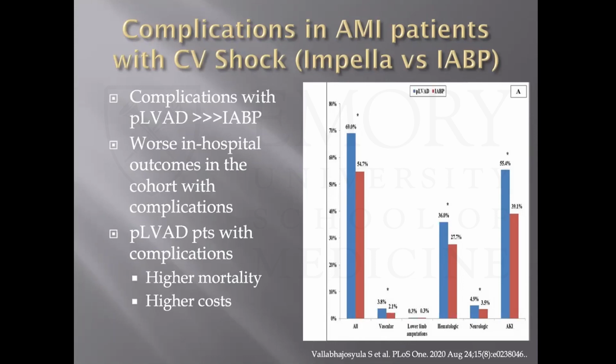You have to recognize whether it's in a correct position. If you see hemolysis, are you doing something about it? If you just say, oh, well, that's just what Impella does, then you may end up in trouble, because the device either has to be repositioned or you've got to take it out, because you end up with significant hemolysis with an Impella. These patients can actually chew up a lot of blood very quickly, and that can be a really big problem. Patients who got Impella and had a complication, compared to balloon pump patients with complications, as you can imagine, had higher mortality and higher cost to the healthcare system. So food for thought there.